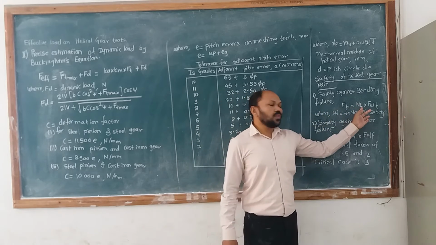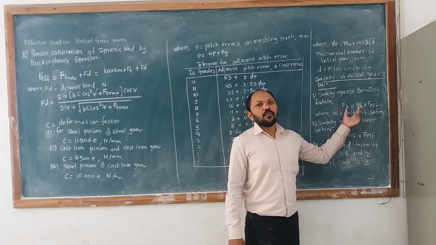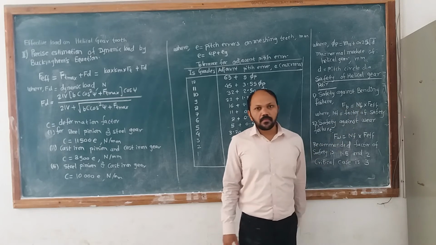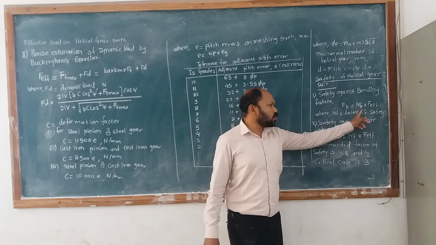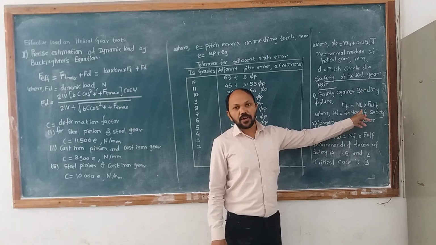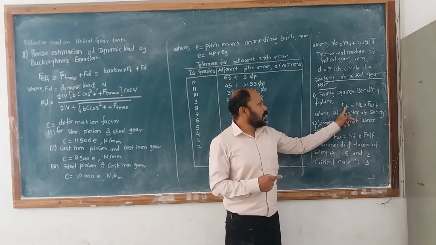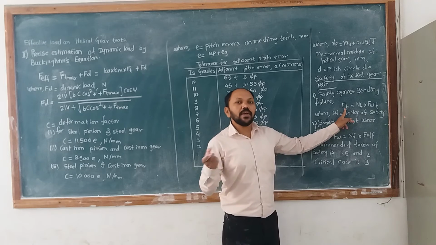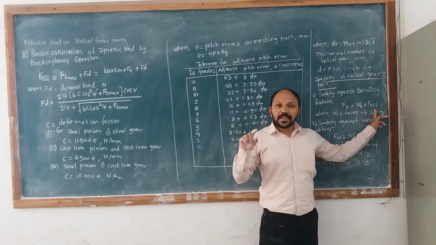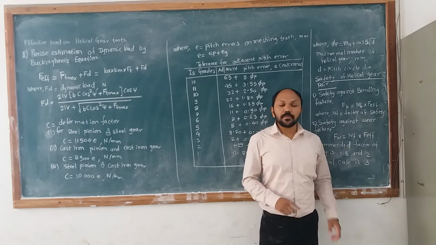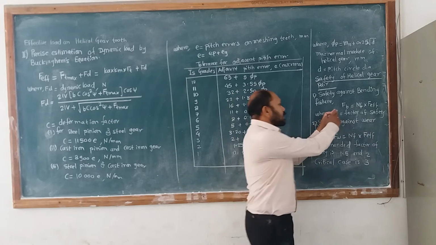So FB is equal to factor of safety into F effective. This is the formula we use for the calculation. If the factor of safety value is available, you substitute it here. NF is nothing but the factor of safety here. So you substitute the NF value, that is the factor of safety. We already have the FB value in terms of module, and we already calculated the F effective load in the preliminary estimation method. So all values we substitute in this equation.